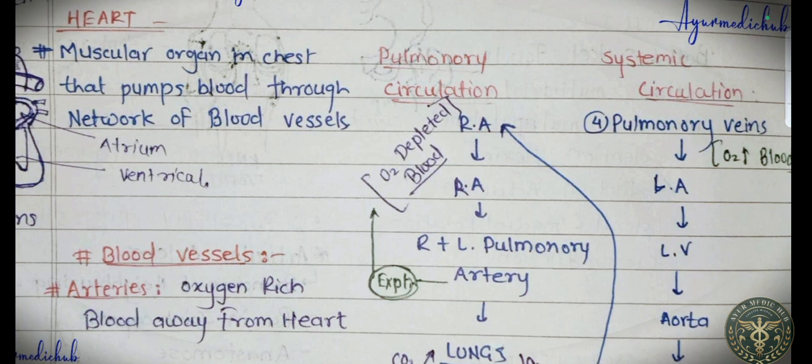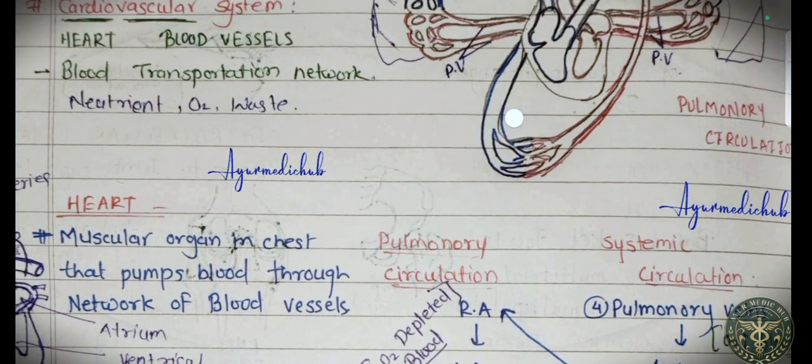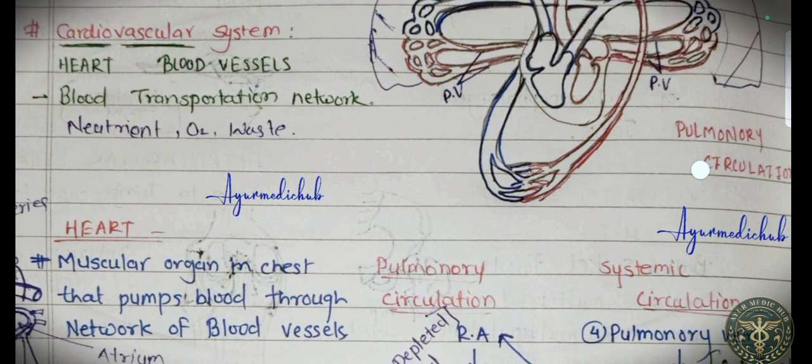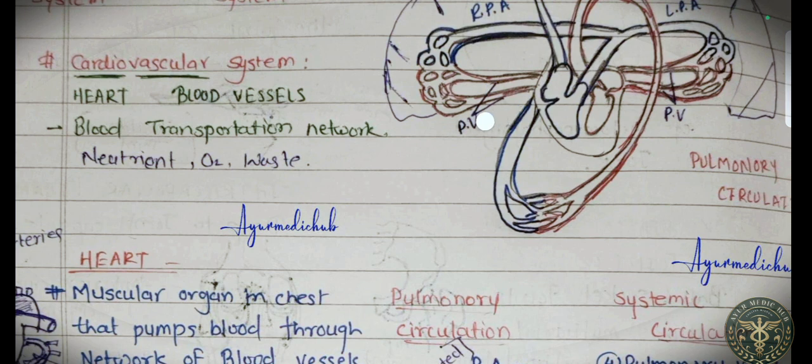These are the only arteries in the body which have oxygen depleted blood, meaning they carry blood having less oxygen. Then it goes to the lungs. As you can see in the diagram, the blood goes to the lungs and gets oxygenated, and from there the systemic circulation starts. In systemic circulation, the blood enters the heart in the left atrium through four pulmonary veins,